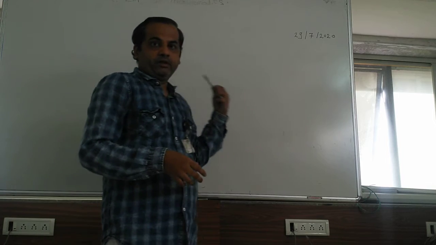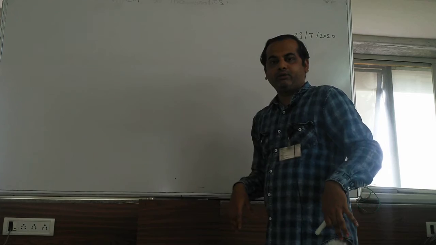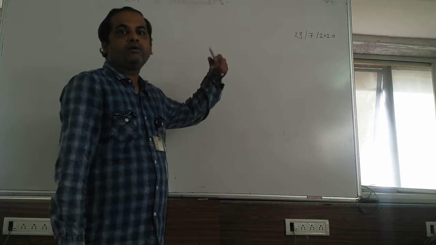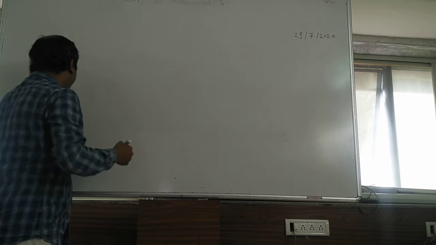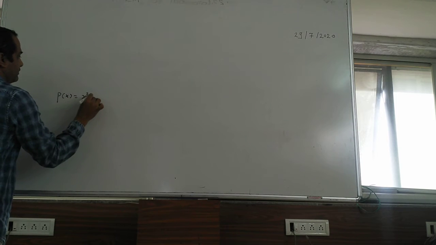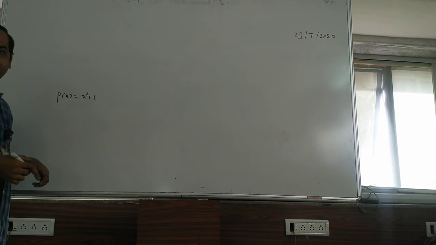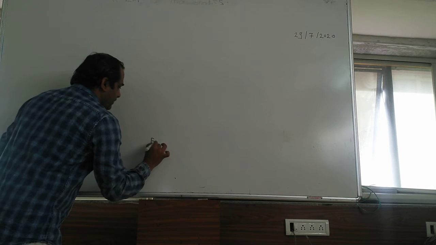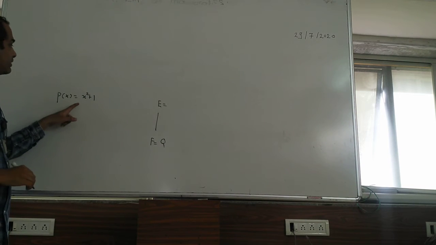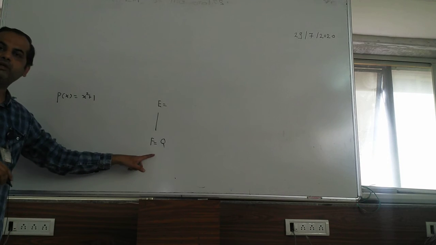Now here we have come from a number to a polynomial. Now how to go from polynomial to numbers, or how to find out a field of extension for the given polynomial. Okay. For example, if somebody says, sir, if you have p of x is equal to x square plus 1, it's a polynomial with coefficients 1 and 1, that is rational numbers. Now if my field is Q, I wanted to find out the roots of this polynomial. The roots of p of x are plus or minus i. It is not in Q.